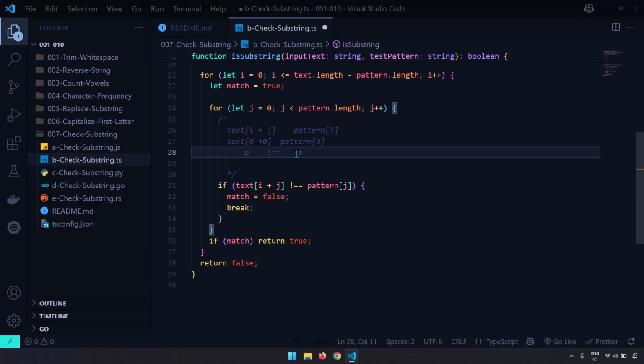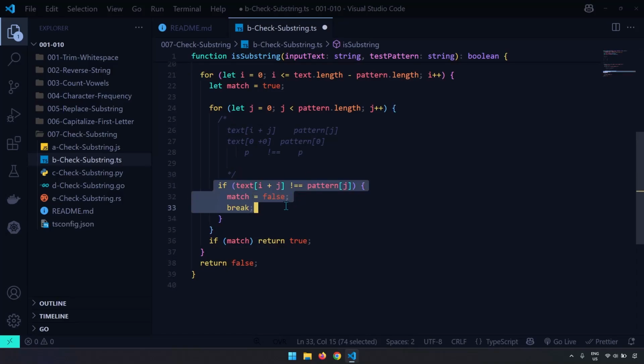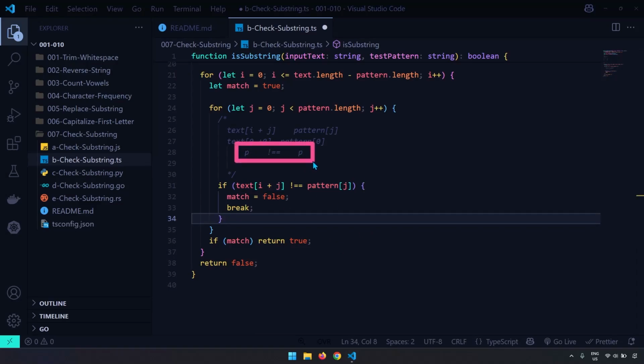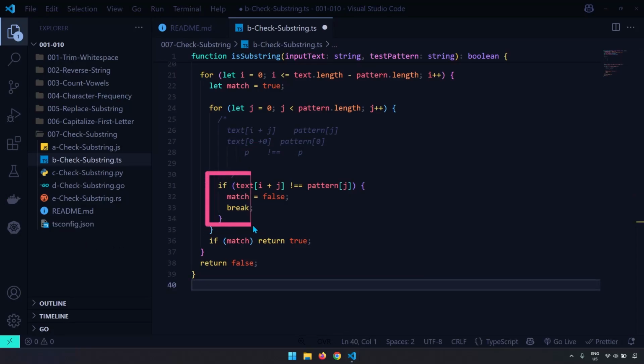If they're the same, then you do not even run this block, because this condition is not going to hold true. And what do I mean by that? Well, what I mean is, if any character from the pattern is not equal to a character in the text, but is this condition false? No, it's not false. It is actually true. P is equal to P. So we do not even enter the block of this if statement. We do not enter that. And then when we do not enter this if statement, we immediately move to this here and we return true